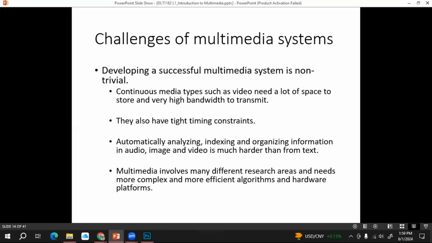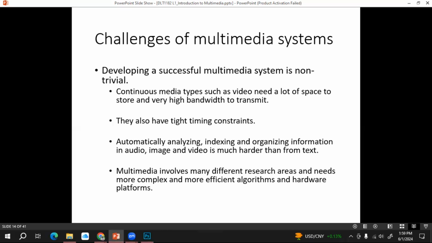Transmitting is a very challenging task in multimedia systems. They also have tight timing constraints. As I mentioned earlier, we have to synchronize audio and video for better transmission of video, right?